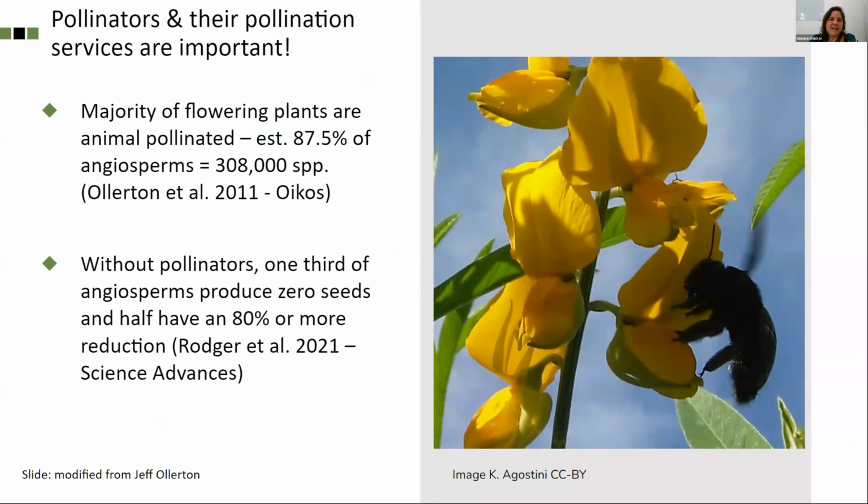There might be people that are not aware of the importance of pollination for flowering plants. So pollination is of major importance for the reproductive system of angiosperms. And the majority of the flowering plants are animal pollinated. So if we